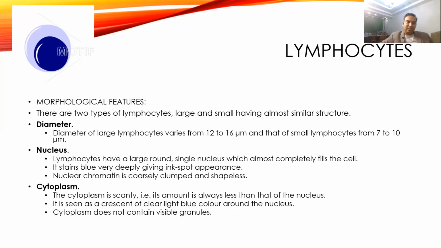Then come to the lymphocytes. Lymphocytes are of two types, large and small. Large will be 12 to 16 microns in diameter, while small is 7 to 10 microns in diameter. Nucleus size is almost the same. In small lymphocytes, the nucleus will completely fill the cell, and there will be only a small tinge of cytoplasm, like if you see this, consider this will be the margin of the cell. So it will be only a rim of cytoplasm surrounding the nucleus, while it is a very deeply dark blue stain, and that's why many times it gives an ink dot appearance